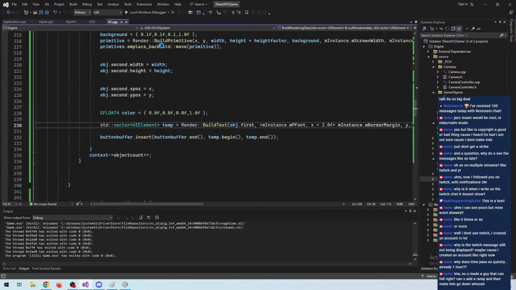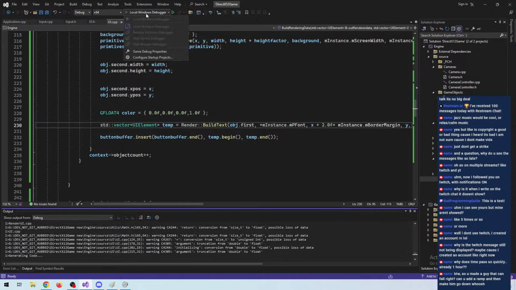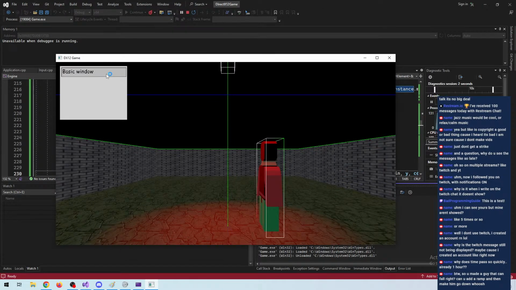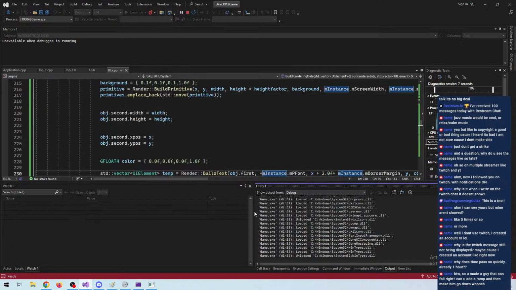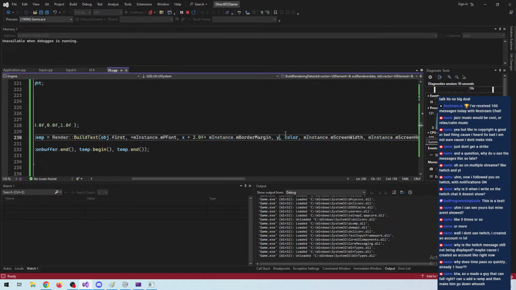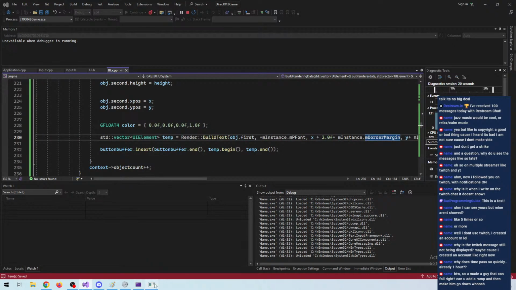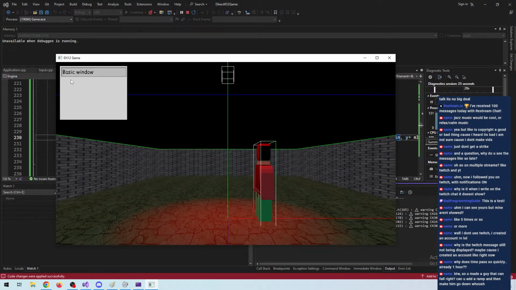Let me swap to debug mode so I can do hot reloading instead of rebuilding every time. Basic window. And if we do, let's see, add a bit to the Y component here, maybe just add the border margin. Yeah, it should be dynamically created, but yeah, that looks better. It's almost centered now. We will have to redo it whenever the